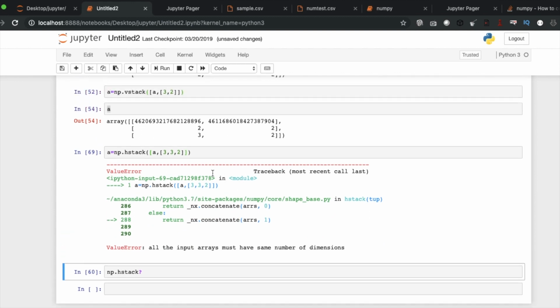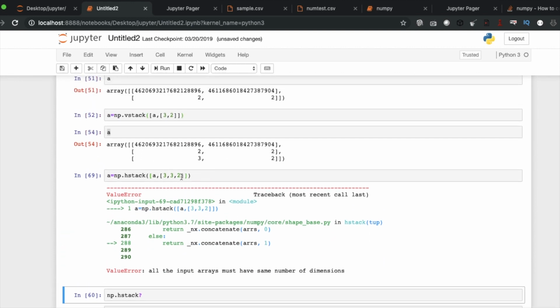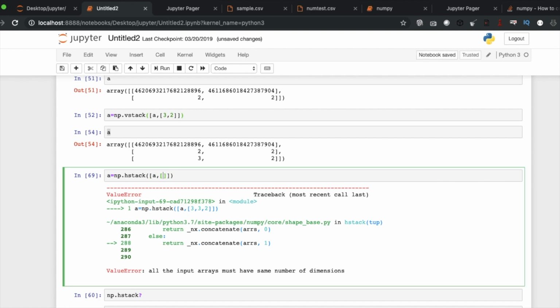All input arrays must have the same dimensions. Okay. So here what I have to do, how many rows are there? 1 2 3.